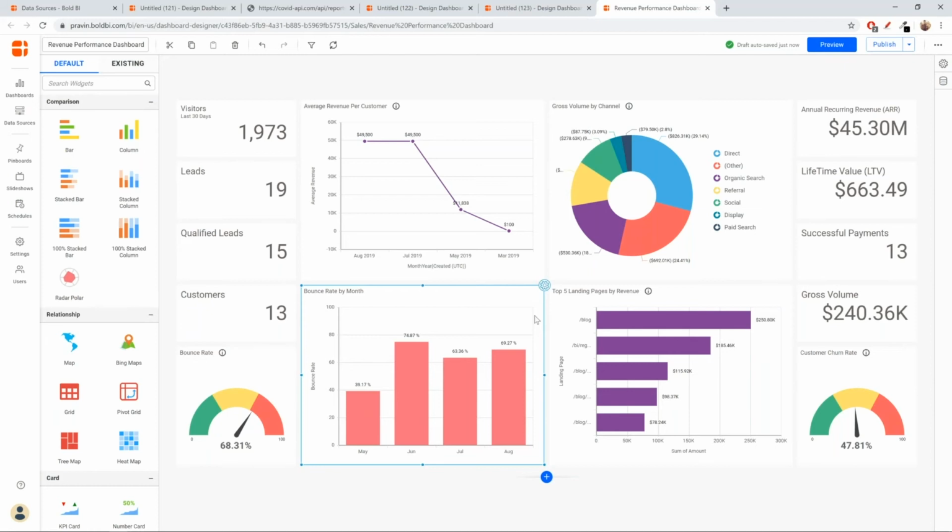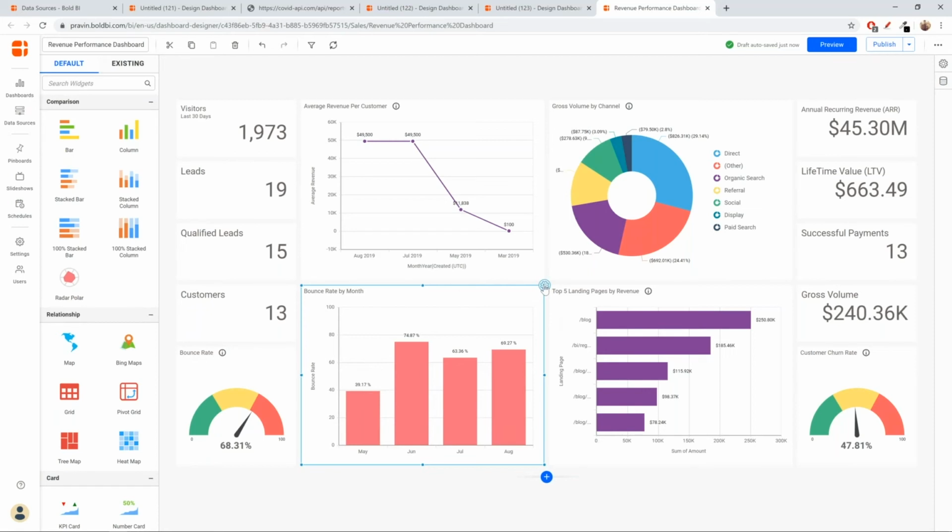Say, if I consider that the bounce rate is in a safe area, if the bounce rate is between 40 to 60 or something like that, or 40 to 65 percent, I can show those bars here in the column chart alone in a different color.